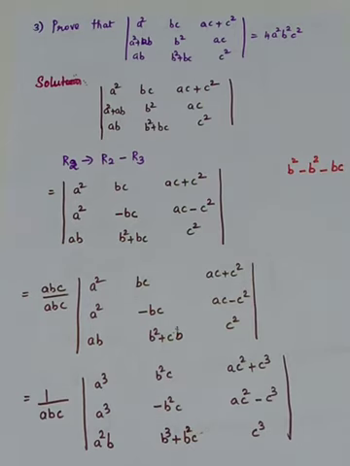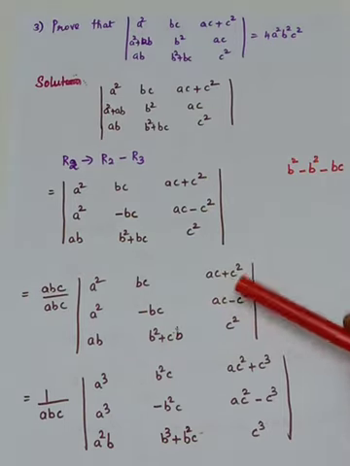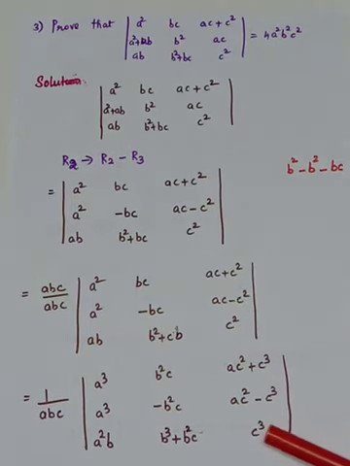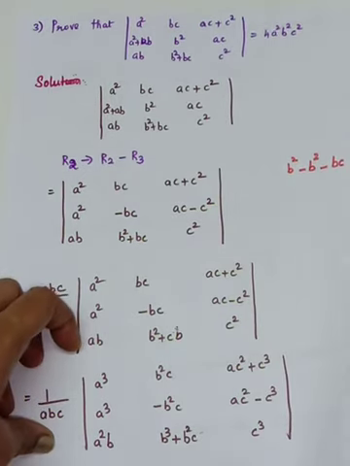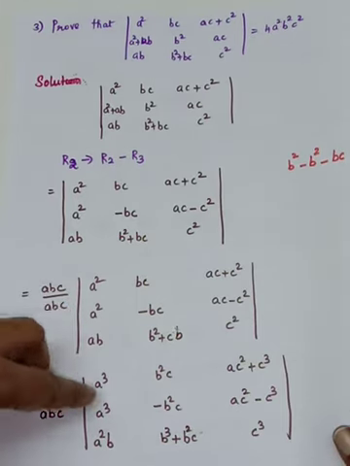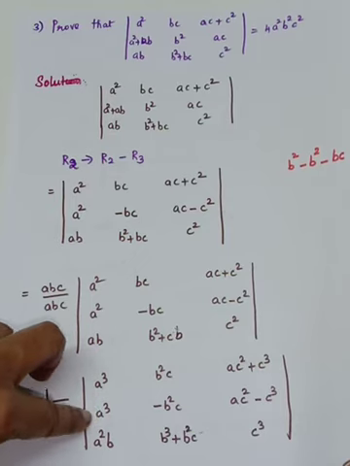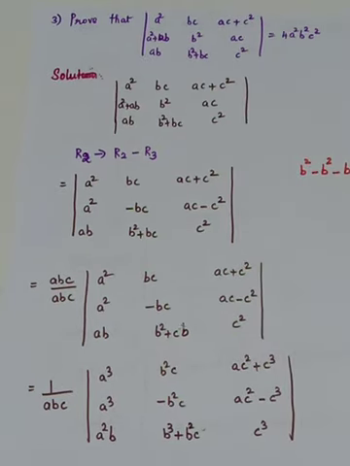and you will see the entries of C3. It has to be multiplied with C. Okay, so here you will have AC squared plus C cube. Here AC squared minus C cube, and here you will have A cube. See, from C1, what is common now? After multiplying, A squared is common. So not A cube is common, because in the first element and the second element you are having A cube, but the third element is not A cube. But A squared is common in column 1. So A squared has to be taken out from column 1.